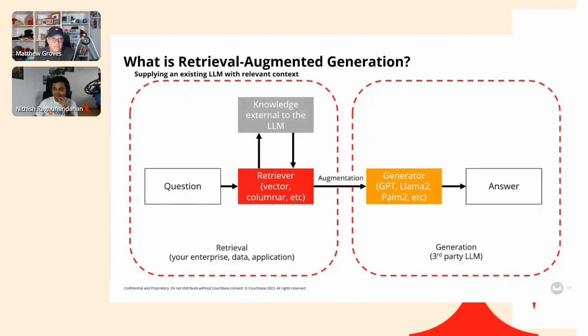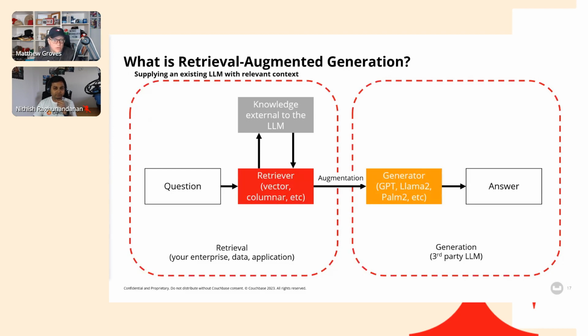But basically, we're just saying the LLM is really good at generating language and understanding language and parsing it. But you are the one who's really good at collecting and storing useful, relevant information for your domain. So you both do what you're best at. Gather the most relevant information from your own, most up-to-date proprietary data sources, and send that context with the question to an LLM, where it will then analyze based on its model and the data you're sending to it and give you a much better answer. So the idea here is to reduce hallucinations and also provide answers that are more up-to-date.